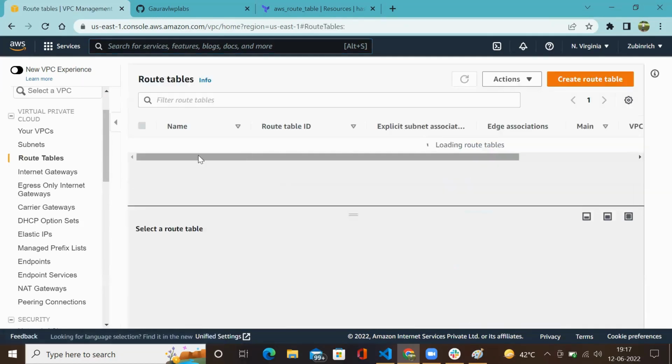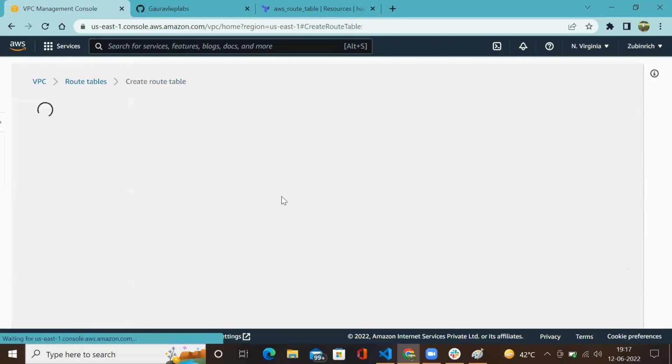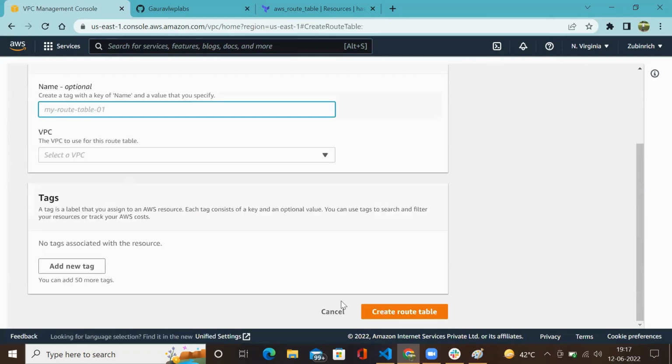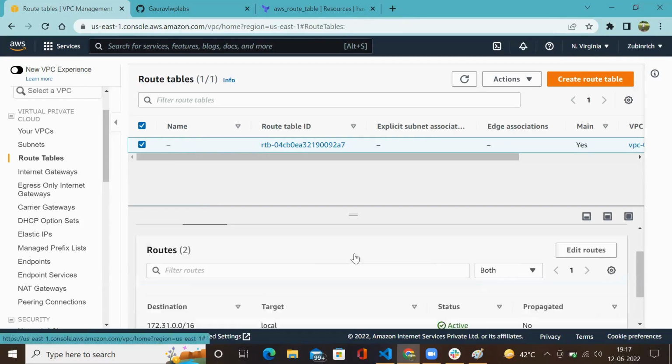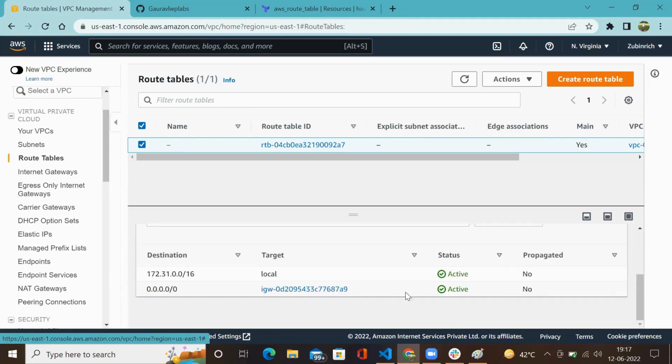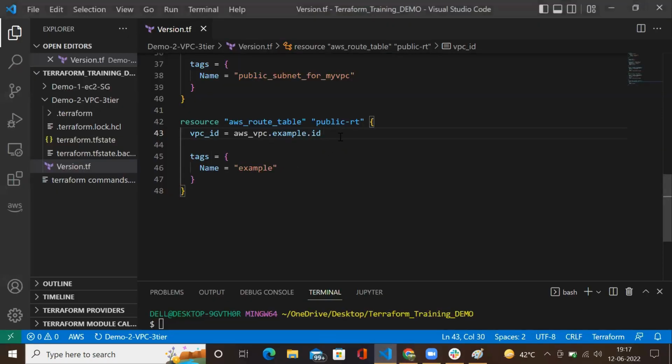So here we have the route table. So once we create a route, then here we can define things like destination, target, and all those things. So that we will be doing in the route section. Okay. So first thing,